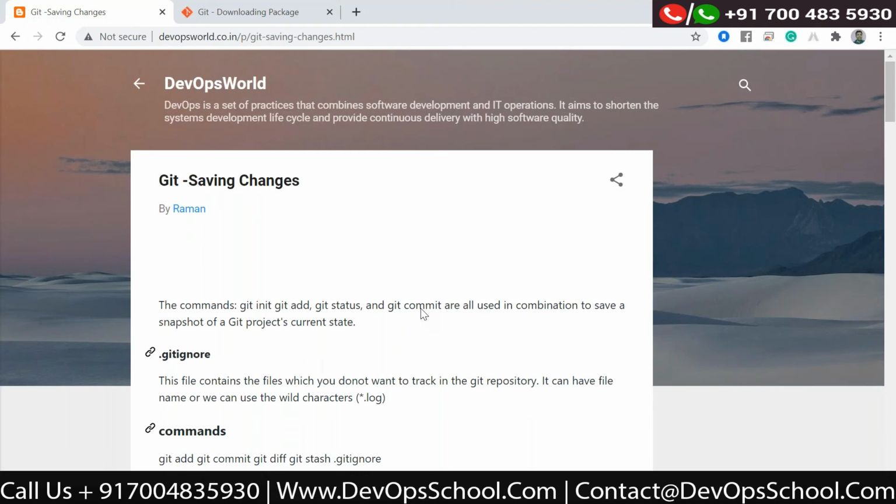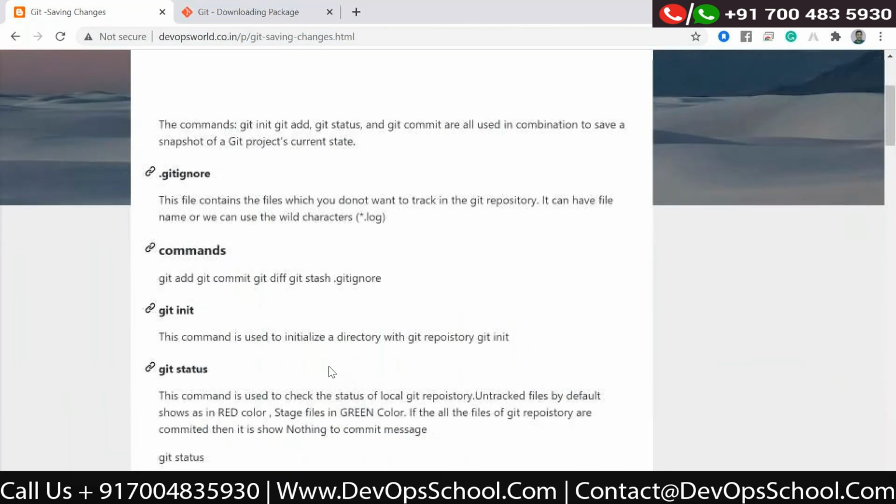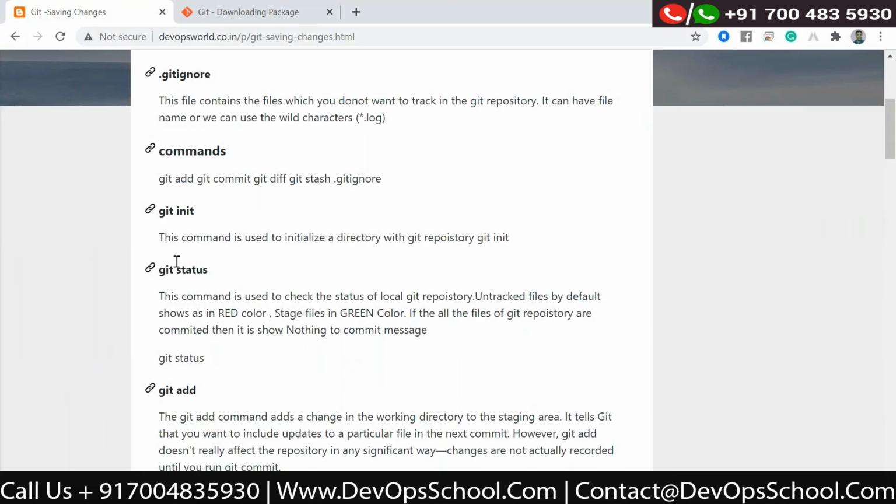So you need to run the command git init. That git init command will create a directory .git, under which we have a set of files and folders. Before coming to git ignore, this is the git init command. This command is used to initialize the directory with the Git repository.